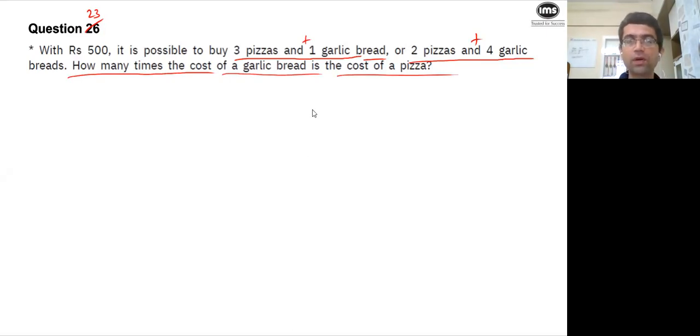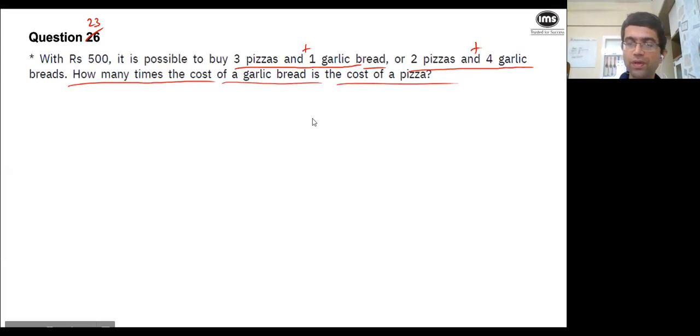Mouth watering question, but no. And breakfast time, no pizza. Okay, eat over the weekend. Don't eat junk food at least during the weekdays. Not a good habit. Okay, so only good food during weekdays. Weekend maybe it's okay. Pizza for breakfast, no. Today is Sunday? No, it is not. In your state, I don't know, but in my state, it's not a Sunday. Pizza party on Sunday. Okay, go ahead.